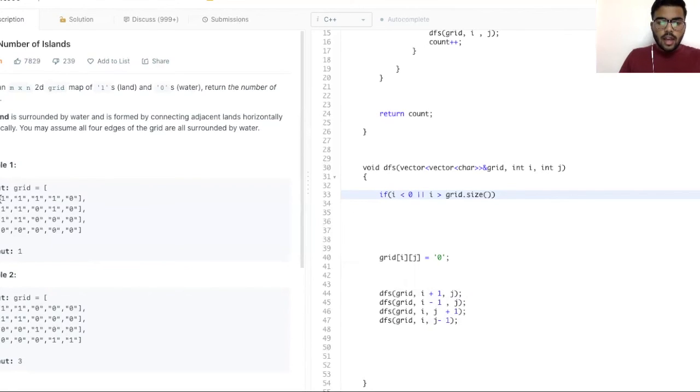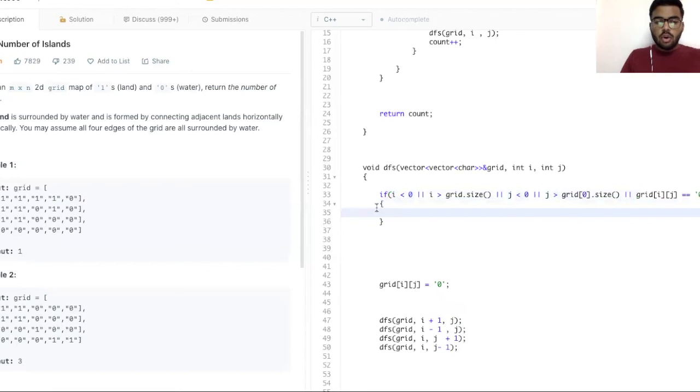It can't go out of the board. So we'll write that condition for i, and similarly for j. j can't be less than 0 and j can't be greater than grid[0].size(). And if grid[i][j] is equal to 0, that is we have encountered water, then we can simply return.